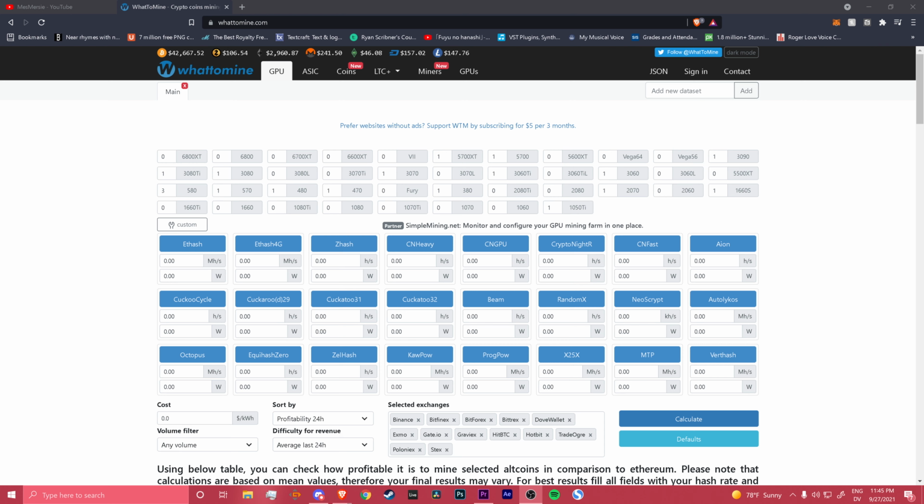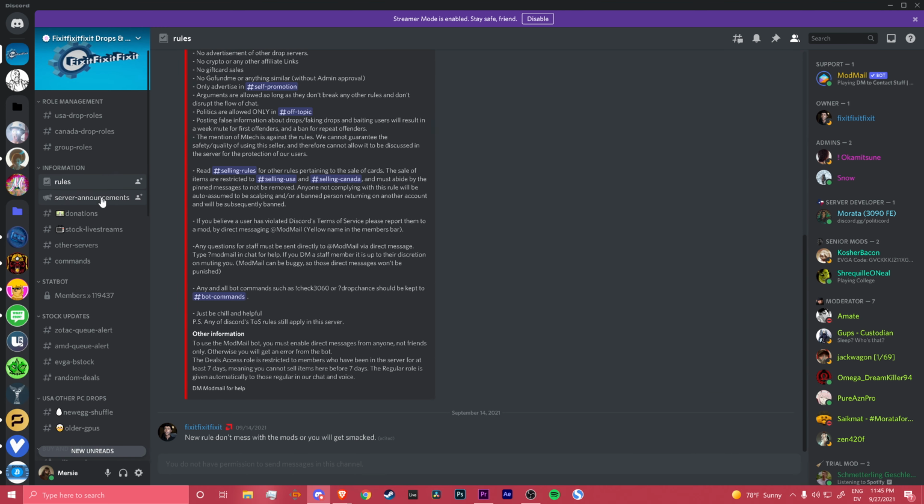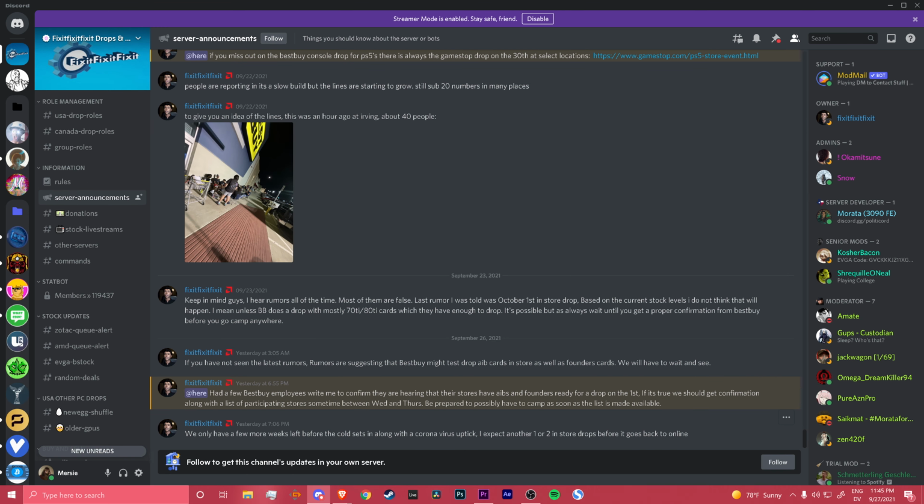And then, okay, this is only a rumor as of September 27th. When I say they, I am thinking of the Fix It drop server. Oh, come on, Discord. There we go. They believe in server announcements. What is this? I didn't read this yet. Basically, they're saying that there could be a drop on October 1st, which is a Friday,